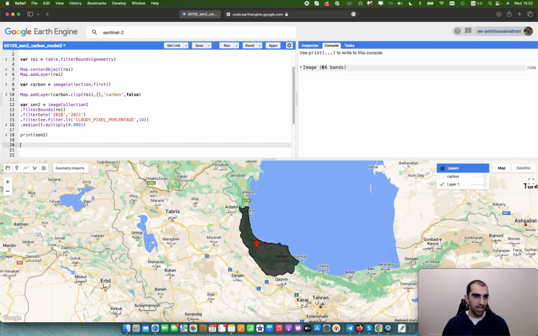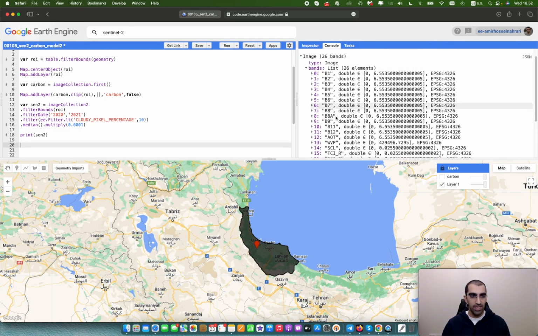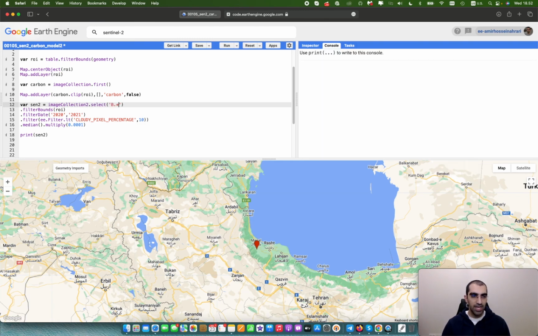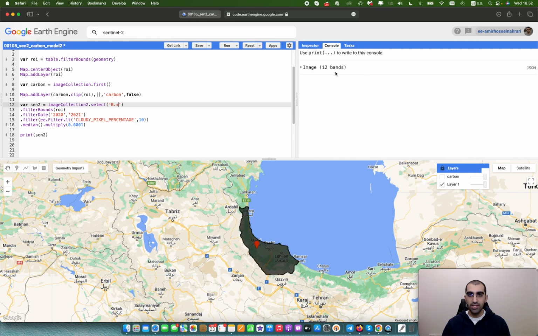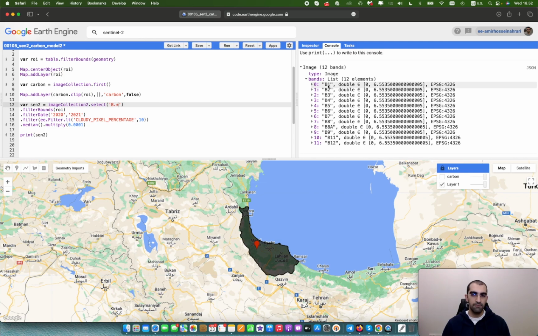As you can see, we have one image with 26 bands, but as I mentioned earlier, we must filter the bands based on multispectral data. Here, select allows you to select your target bands starting with B, and the rest doesn't matter. Run the code again, and this time you will have an image with 12 bands starting from B1 and ending at B12. All the bands are available here, and now you can